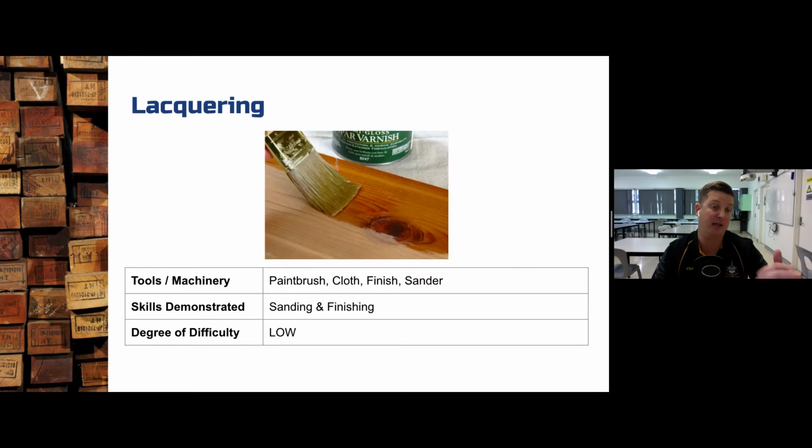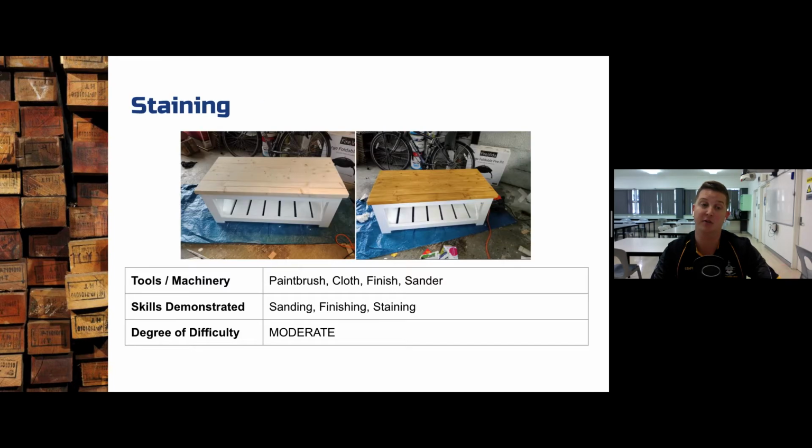So if I go back, lacquering was considered to be a low level skill. Staining, I would say, is leaning towards the moderate, because there are so many more chances for errors to happen here. When you're staining a light coloured timber with a darker colour stain, if you don't apply it correctly, it's going to be really obvious, because you might have a pine coloured patch in the middle of your project, or you may have patches where it's blotchy in terms of different degrees of that new colour that you're putting into the timber. It can be done very efficiently as long as you've done the research into how to apply the specific